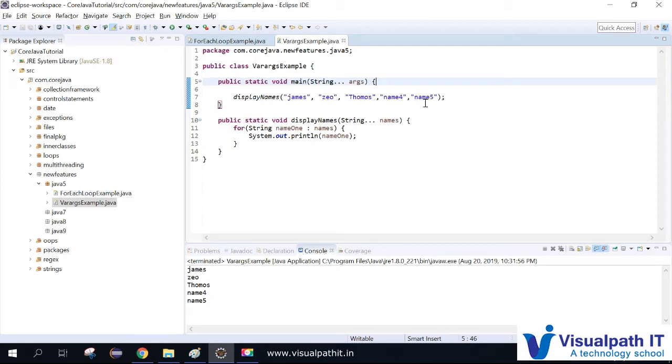If you use the standard way of declaring an array type variable, then you need to restrict the elements within the array. If you use 3 dots, which is varargs, then you don't have a restriction on the number of elements, like we saw in this example. So try to impress the interviewer in this way, then definitely you will get the job. So that's about varargs.